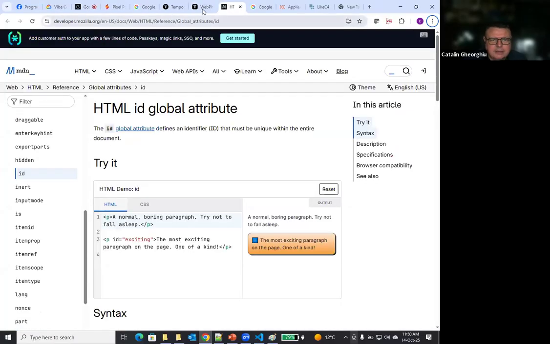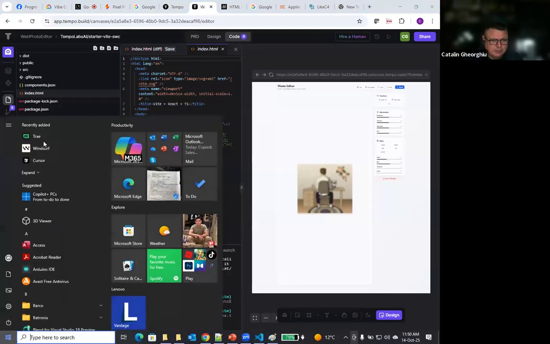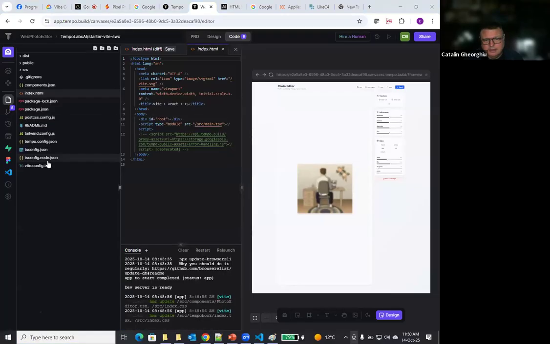So this is one case when our modification was dropped. It recreated everything from zero. Let's move to the next one, which is the most popular one, which is Cursor.